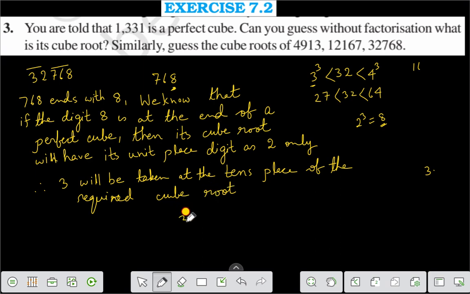Therefore, you can say that the cube root of 32768 is equal to